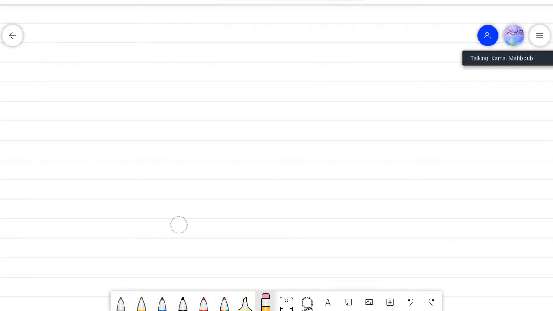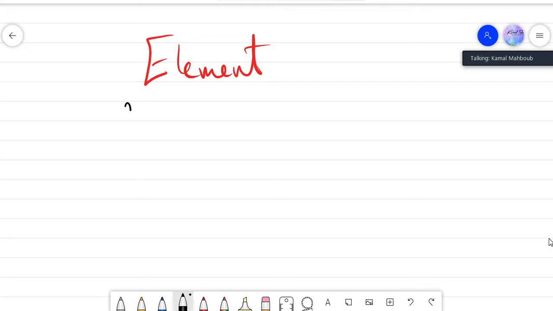Welcome back everyone. Today inshallah we have a new lesson about compounds, but at the beginning let me ask you a question about elements. What is an element? Anyone remember what an element is? If you remember, we said that before, element made up